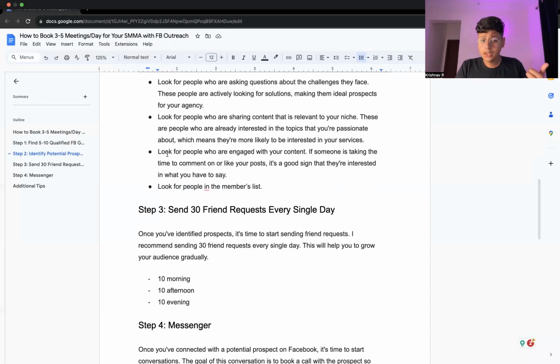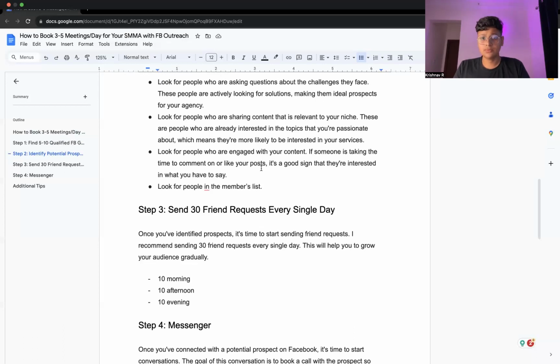Okay. Then you can also look for people who engage with your own content. So if you get into a few groups, I would never tell you to do call to action posts in these groups, because you'll be removed by the admin, right? We are not there to promote ourselves and market ourselves publicly in the group. That's not the way to go about it, and that's a short way to get kicked out of the group.